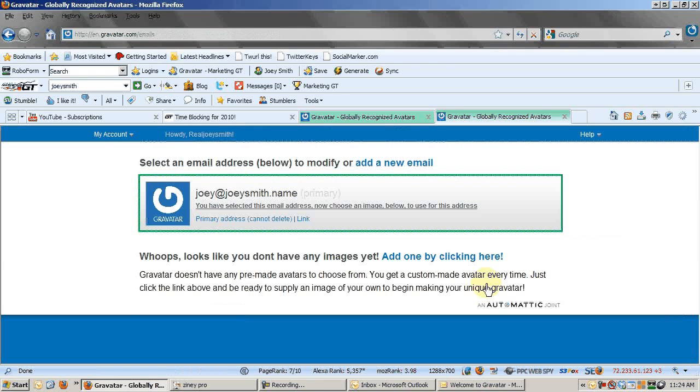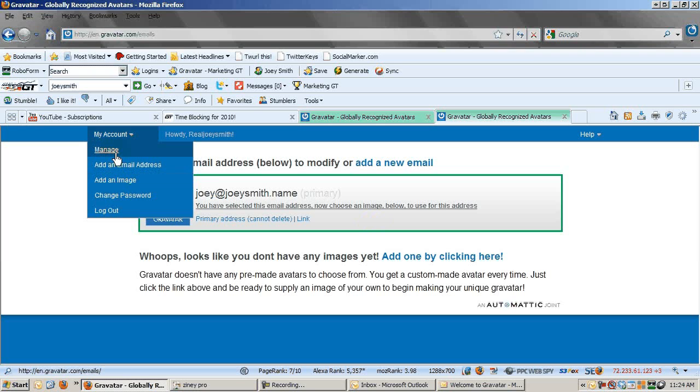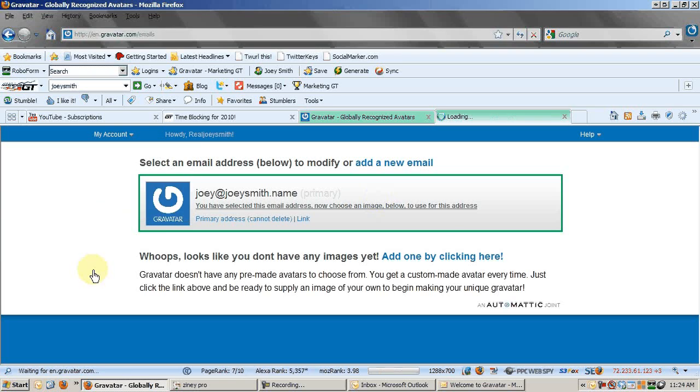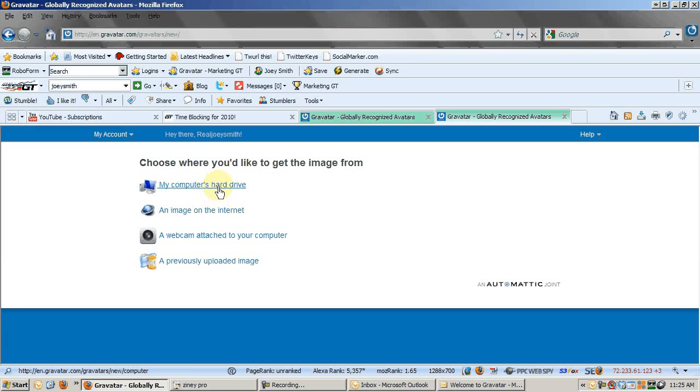Now the last step that you need, see the regular one. It basically says you've selected this. Now choose an image to use with this address. Okay, so if I click that right there, or click add an image, for some reason that didn't click, but let me click add an image, and then let me select from my computer's hard drive,